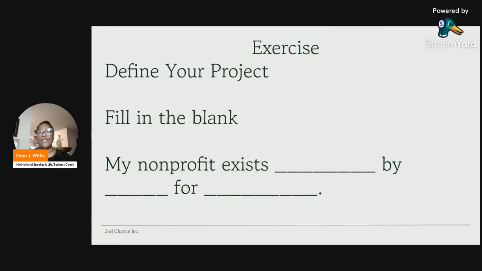Number four is private foundations. These are often mission-driven and specific in who they fund. Okay, those are private, meaning private foundations. I don't know all the names, but they have the word foundation after them, pretty much.